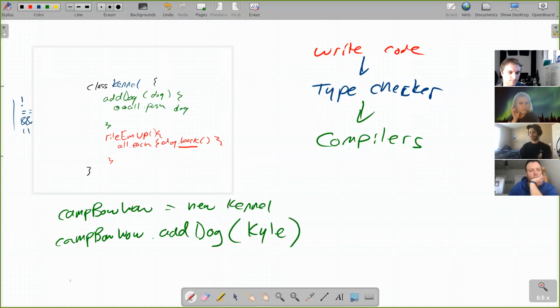Kyle. And if I've statically typed this, the type checker is not going to let that happen. It would still compile. It's valid syntax. But if I say up front that this has to be an instance of dog, the type checker is going to catch that as not valid logic.